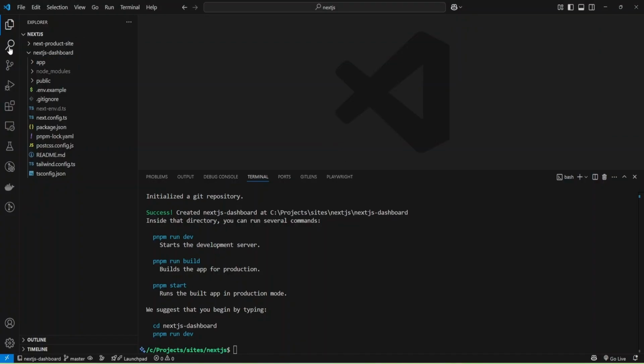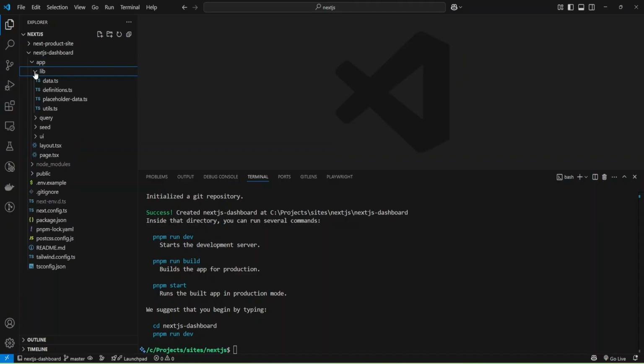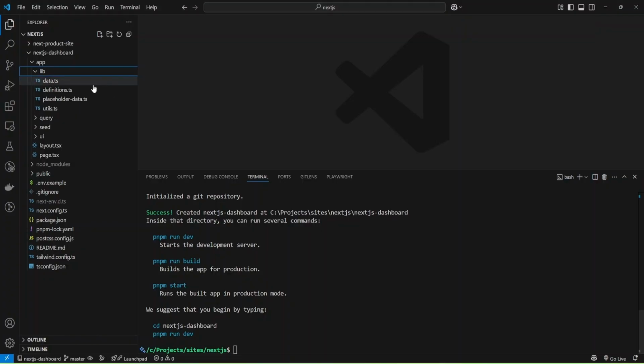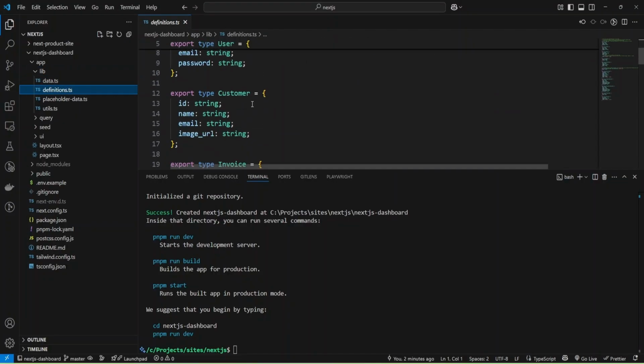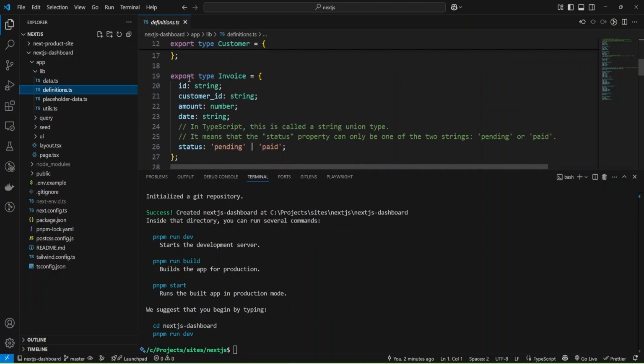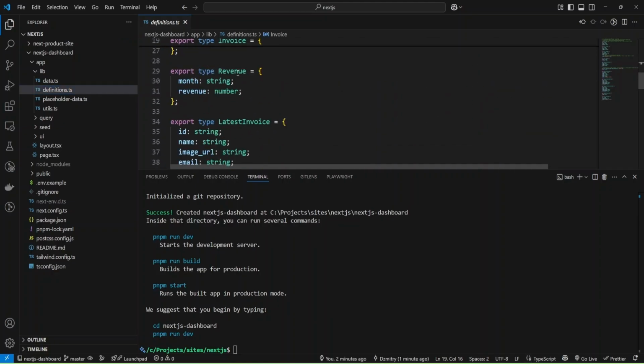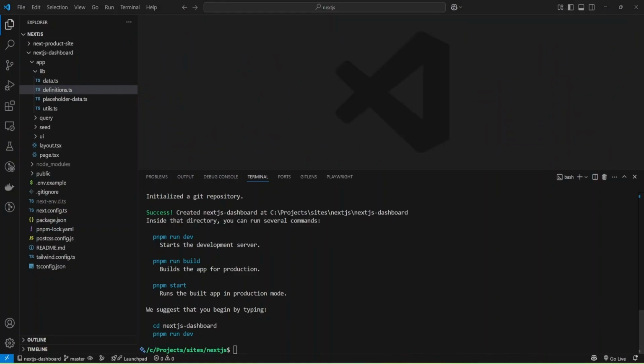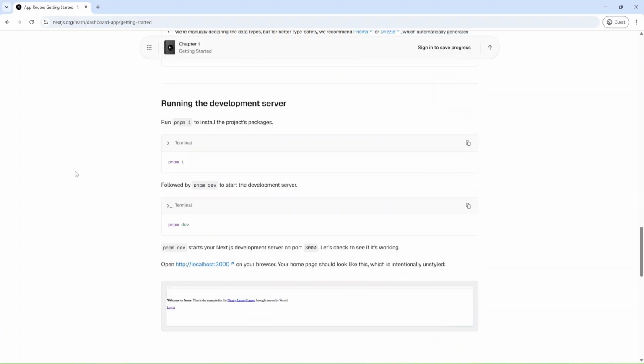Let's check. I'm going to open app lib, and app lib definitions. Okay, and we have some user, customer, and also invoice types and some other types. Okay, but let's move on.